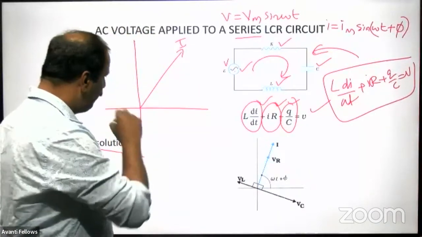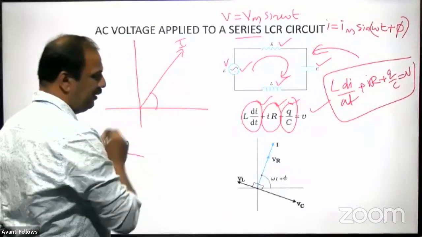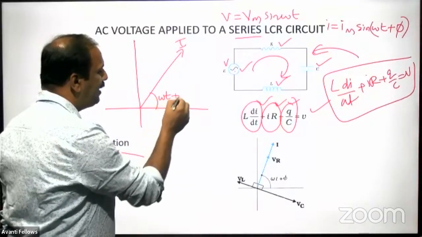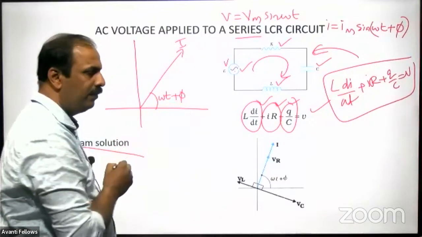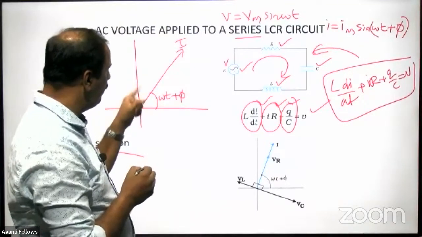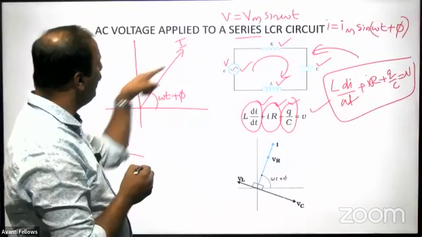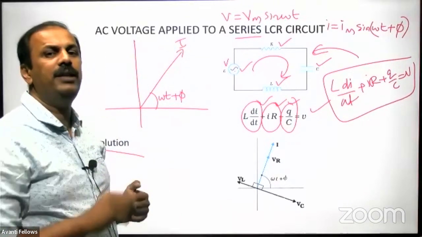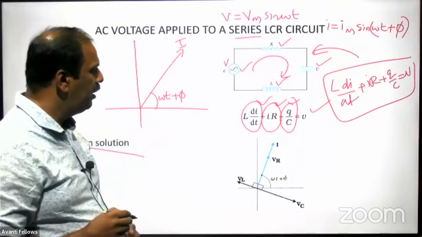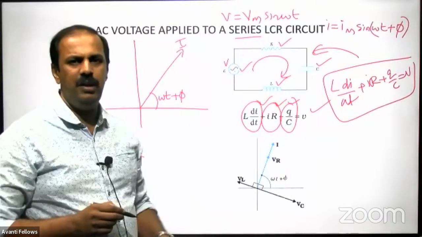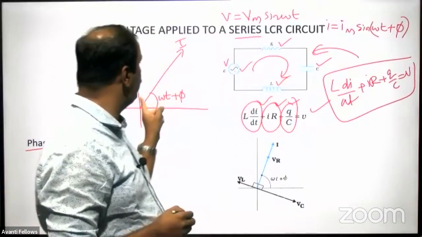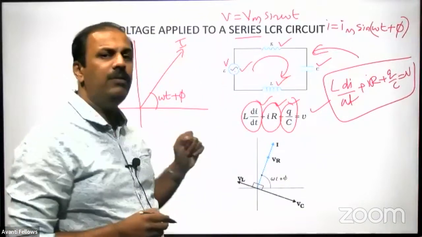Now, what will be this angle? This angle will be omega t plus phi. Here, omega t plus phi will be the current here. So this is the final current. Now we will go for the voltage across each component. So first we will think about resistor. If a current is passing through the resistor with this angle and all, what will be the voltage across